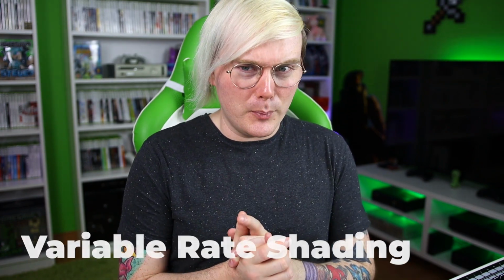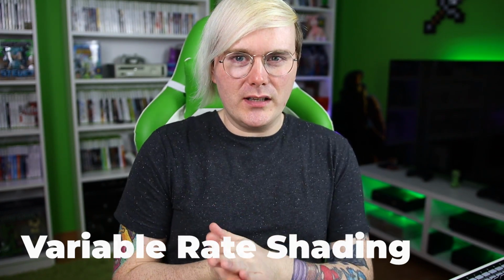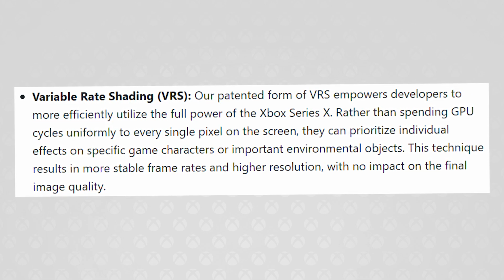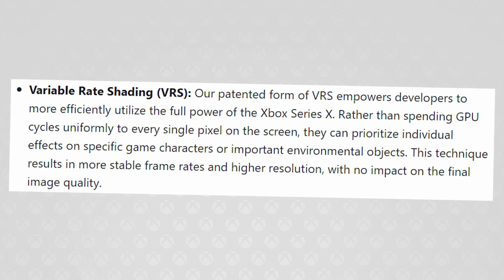So the next point that's mentioned on this infograph is variable rate shading. Now, what's that, you ask? So apparently variable rate shading is a way for developers to prioritize the important points on the screen. There's no point in rendering super crazy, far away stuff if all of the action is happening right in front of you. So what you can do as a developer is prioritize what's happening in front of the player, on screen, over what's going on in the periphery or in the backgrounds or in